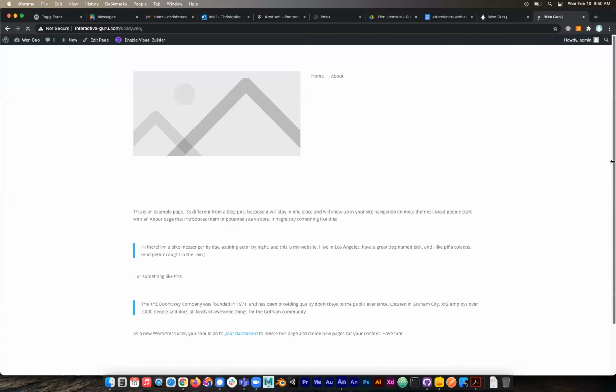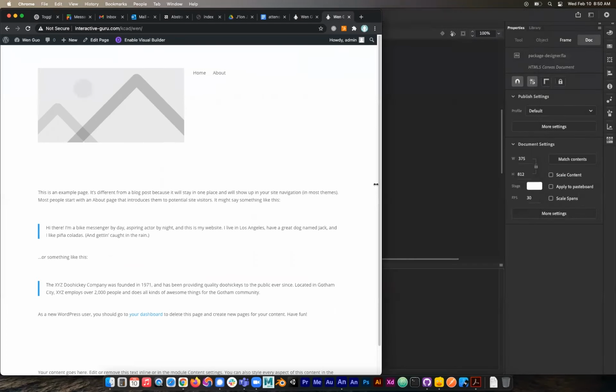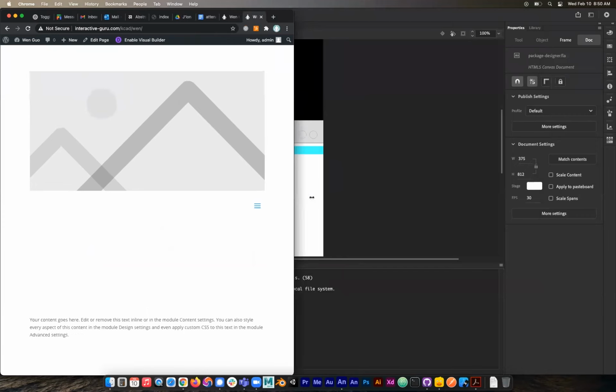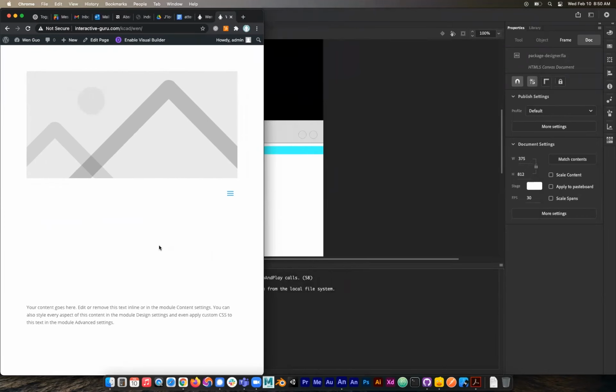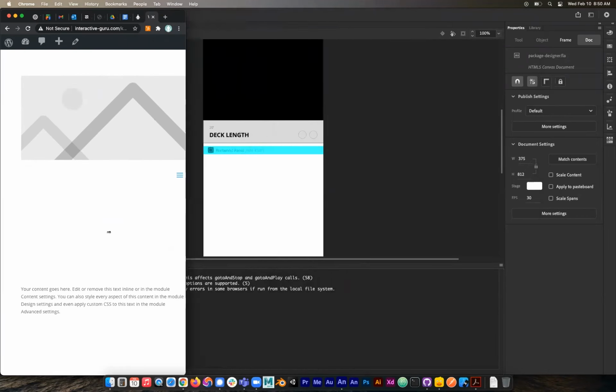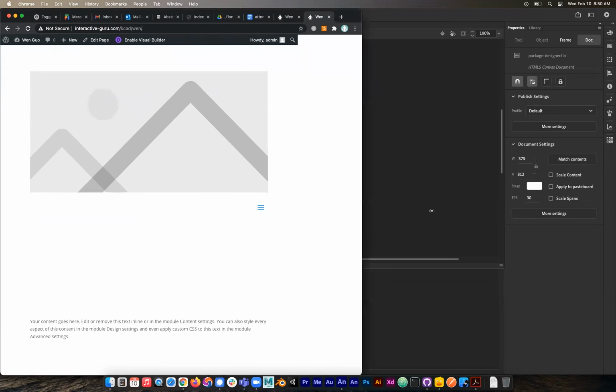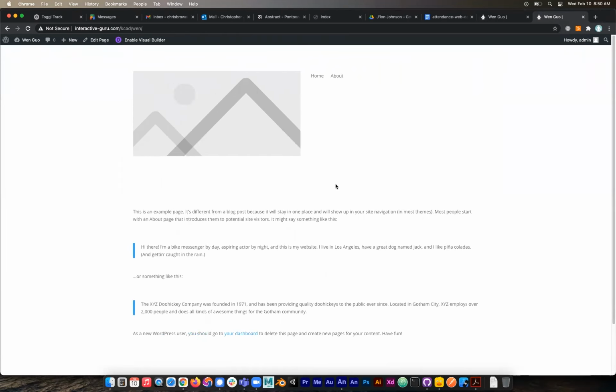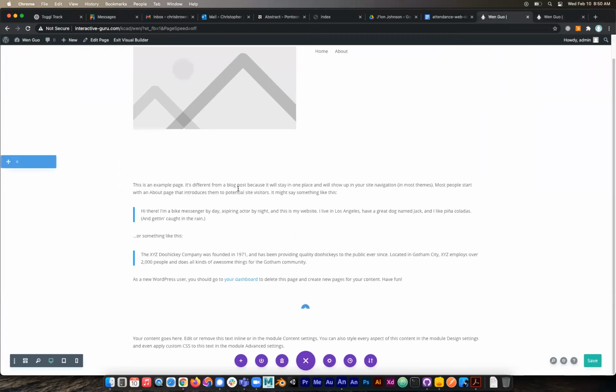If I were to actually break this down, this should disappear as we get smaller. There we go. Yeah, so as soon as it hits that view, you can see that content completely disappears. And it just doesn't show up at these smaller mobile levels. And that is really powerful because then we could go ahead and say, okay, well, this one I don't want